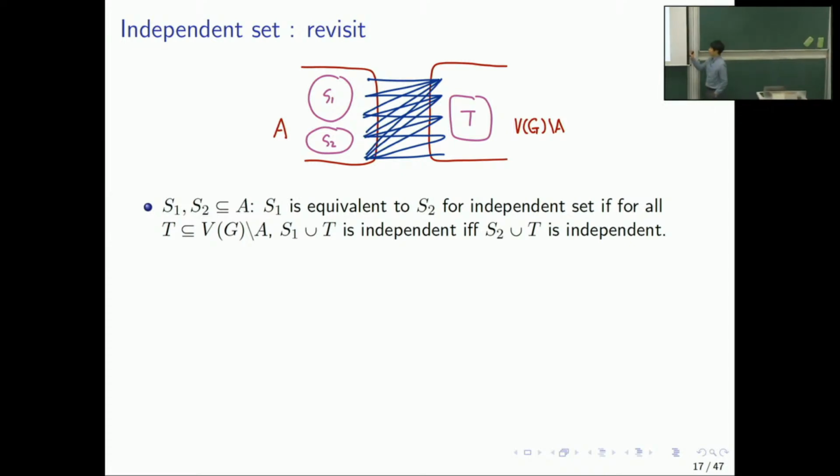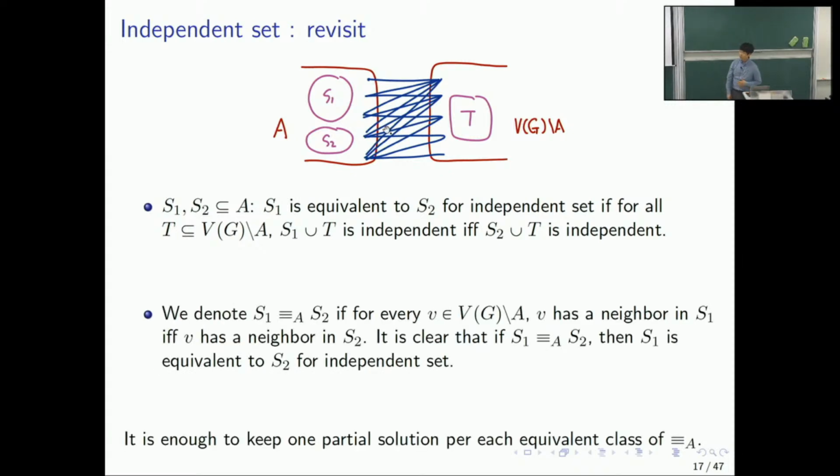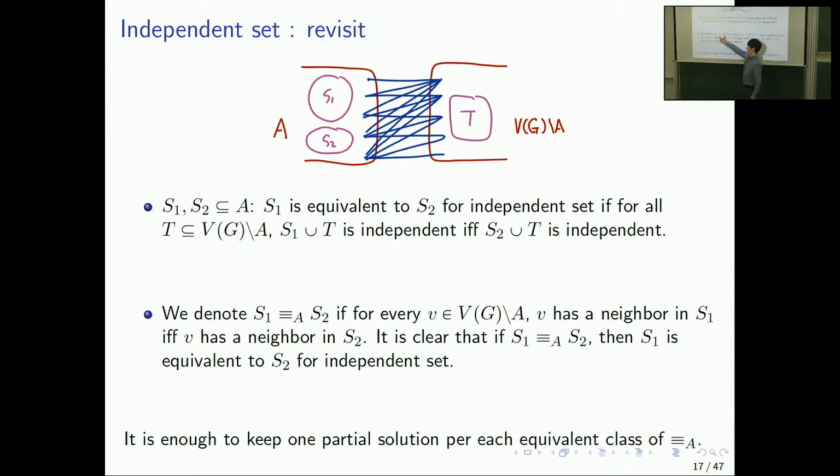But this depends quite a lot on the independent set problem, right? So you can actually define a refinement of this equivalence relation without really relying on the independent set. We denote S1 equivalent to S2 if, for every vertex outside, it has a neighbor in S1 if and only if it has a neighbor in S2. You can easily see that if two sets are equivalent in this sense,